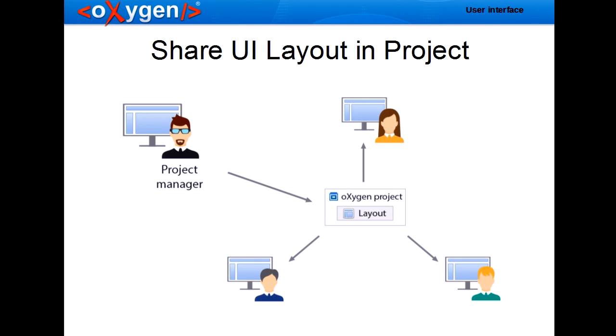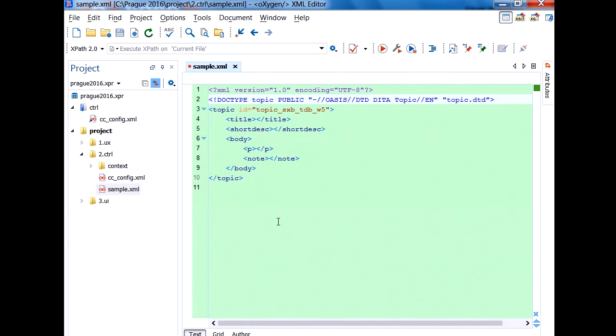How do you ship a layout file with the project? Well, the first part is the same. You customize it, as I've shown you. You export it, and you end up with a layout file. But the next step is to put it somewhere inside your project. For example, here I'm using such a layout imposed in my project. So what I did, I saved this layout file somewhere in the project structure,